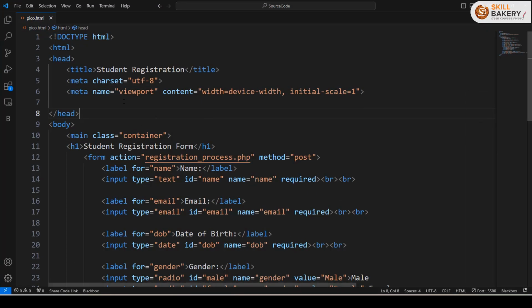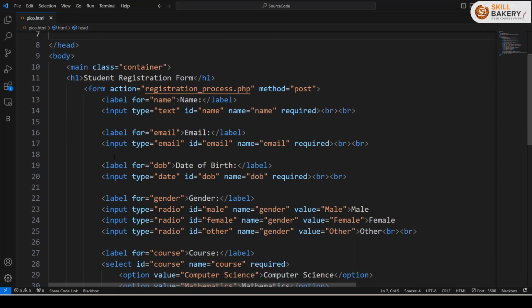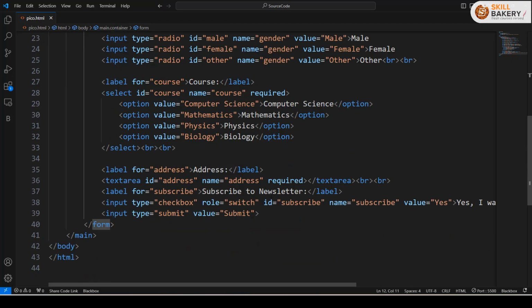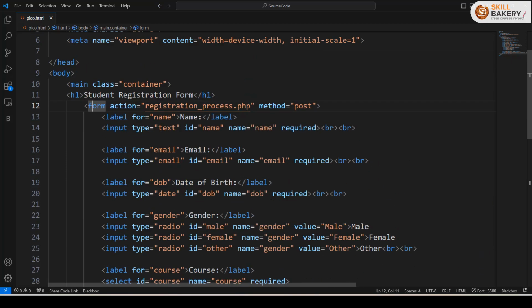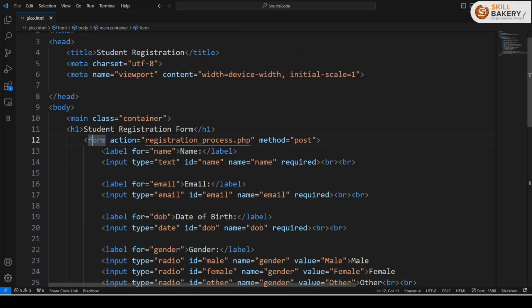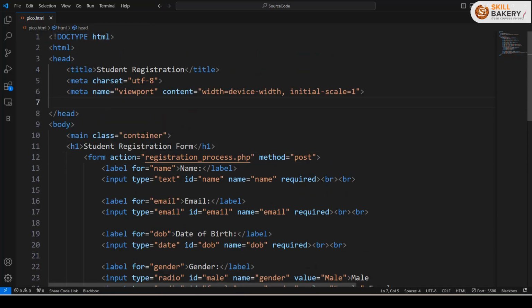Here I've opened up my HTML page, and you can see that it is pretty much just containing one class called container, and other than that we don't have anything else as far as CSS is concerned. So we have our label, input tags, no class attributes you will find in this form. So it's just a standard HTML page with no CSS. Now if I go ahead and include that link that we copied, save this,